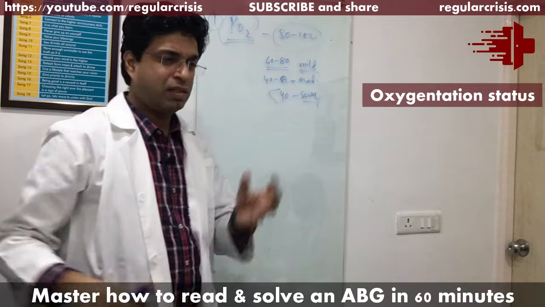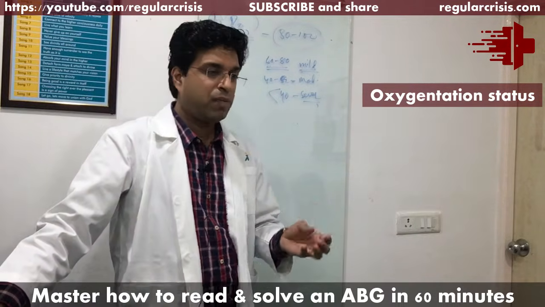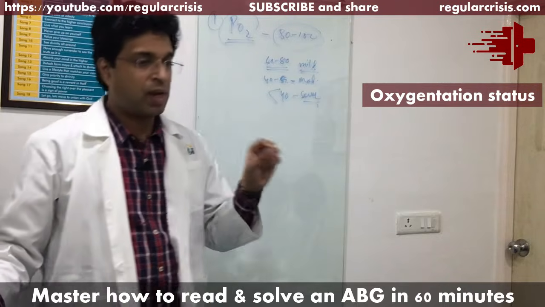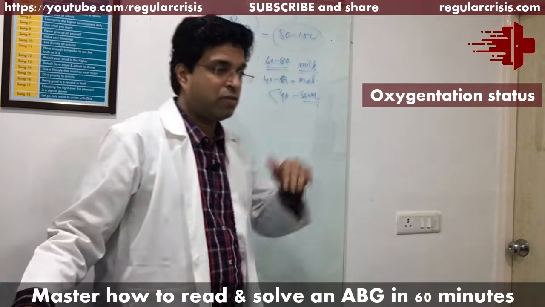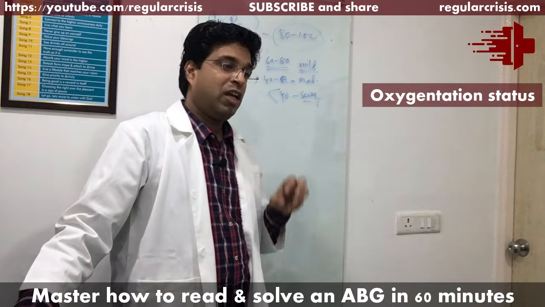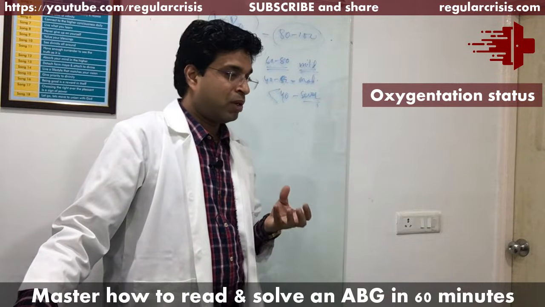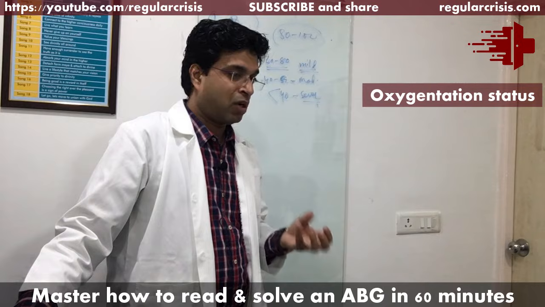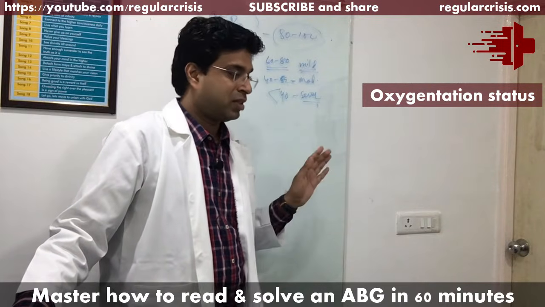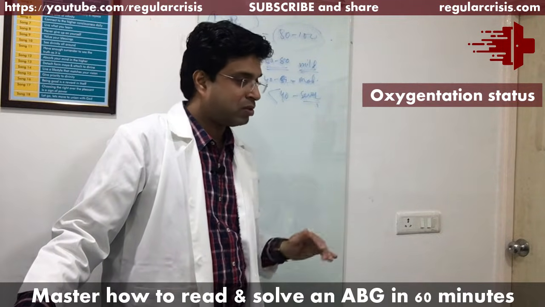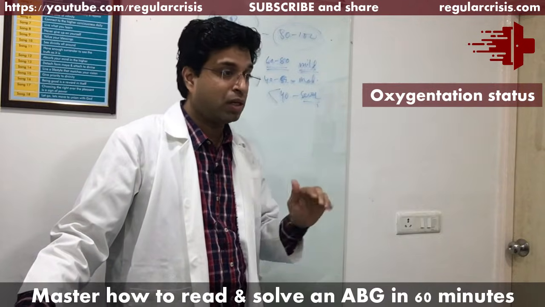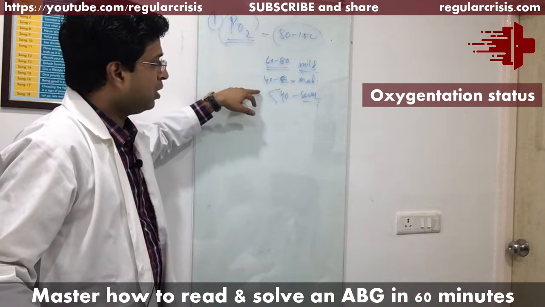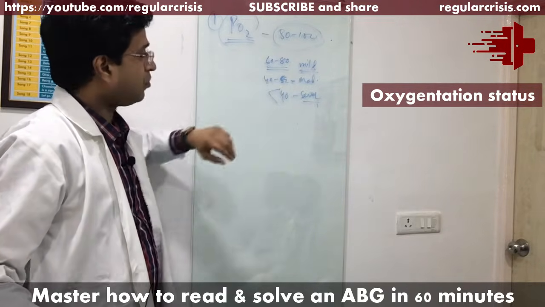Clear? Very simple. Just look at the blood gas, and if you find the PO2 is 62, this patient is having mild hypoxemia. If the PO2 is 32, then it is severe hypoxemia. If the patient is not able to maintain a good oxygen status in the body, whatever the acid-base status, he will deteriorate or die. So oxygen is the primary requirement, which should be there in adequate amounts in the body. So the first thing you should look at is the PO2 level.